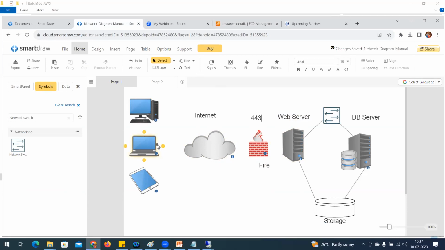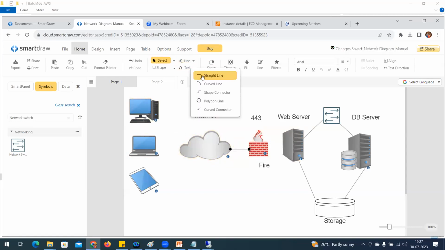If this client requires RDP, they need to configure this web server. They need to log into the server remotely and configure that web server. Then what port do they need to enable? On this firewall, they need to enable the RDP port number. This is a firewall device. It is going to connect that particular firewall device to the internet, and each internet site, it is going to connect each and every one.